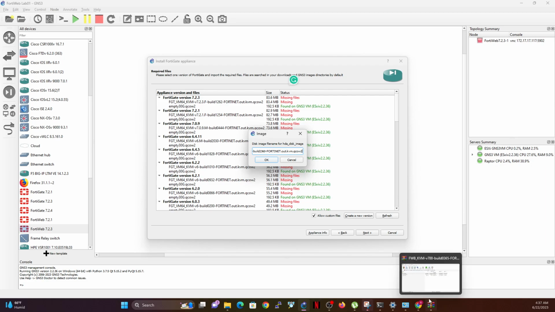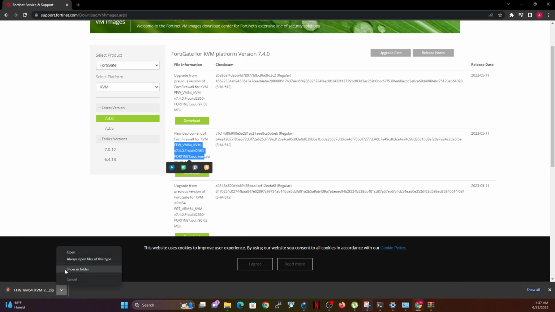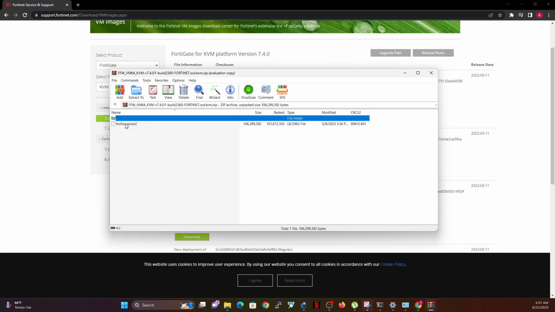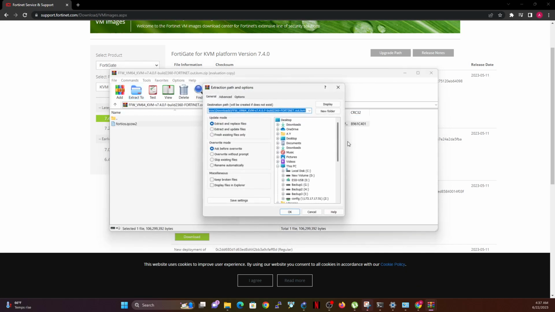Then I'm going to make sure that once my download is done, which is currently done, I extract the file out, open that. Notice that it came with this. This is not the file name that I want, but I'm going to extract it anyway.